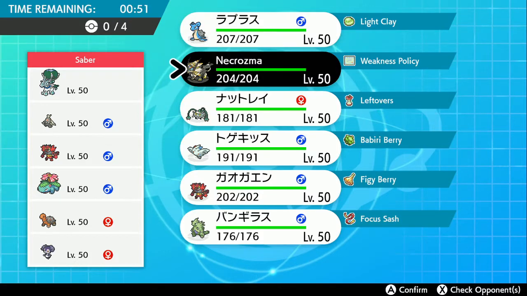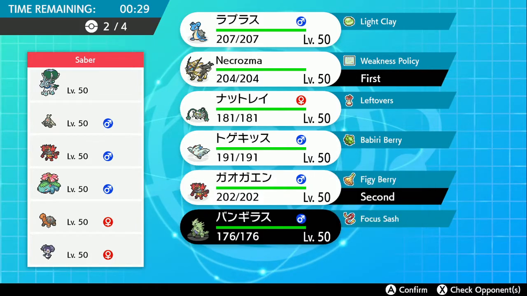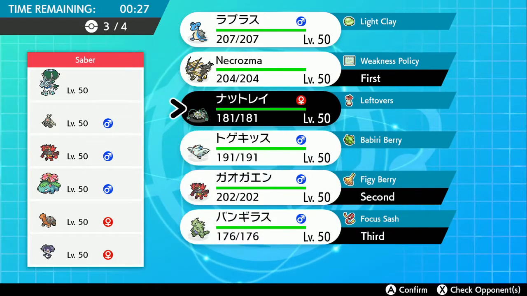Do I even need screens? I do like Necrozma Ensign, right? Because I can lower Calyrex's attack and then Steel Spike into it with Necrozma. So I think that's a good option. It is a little bit risky against Venusaur, but even then it's not the worst. I like Tyranitar to change the weather. And then...